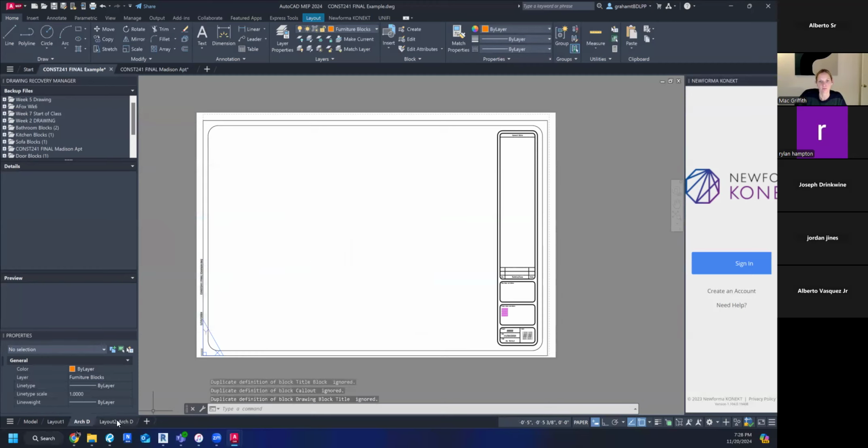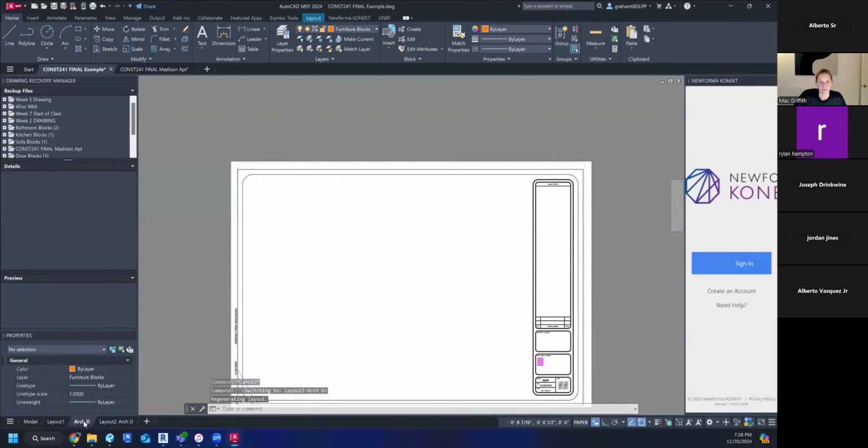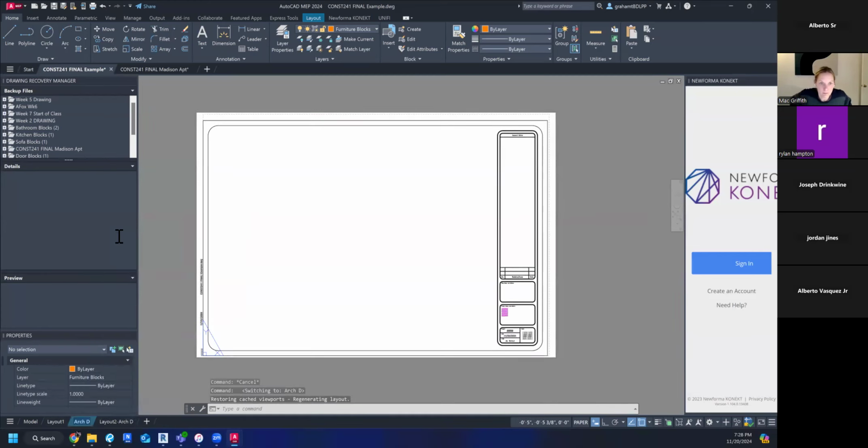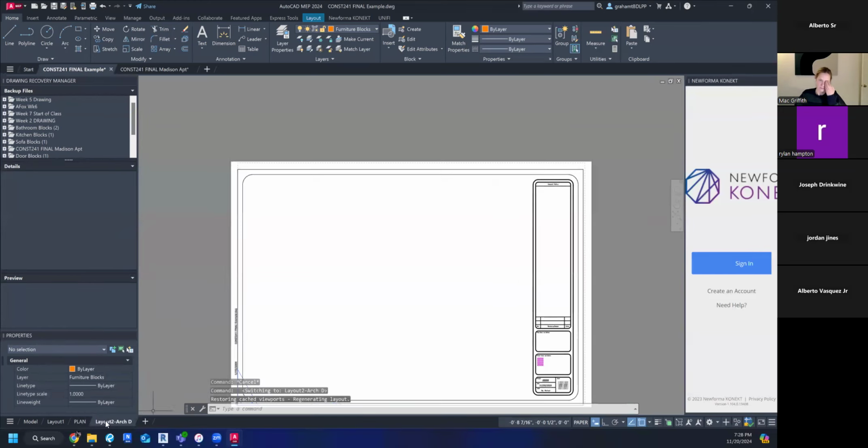It'll call it ArcD. And it won't let you rename 2 of the same thing. So if I had one of them called ArcD and I built another one, it's just going to call it layout 2-ArcD. It'll come up with its own naming convention. You can always come here, right click it, rename, and we're going to make this one plan. This next one I'll call